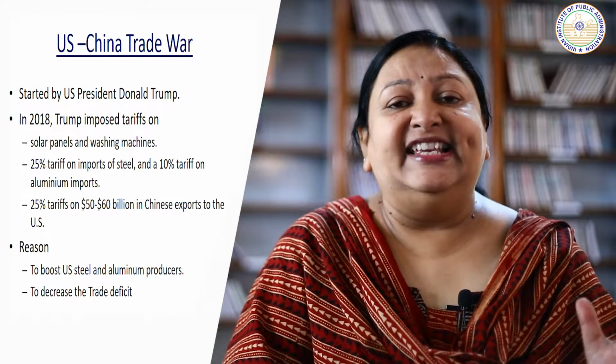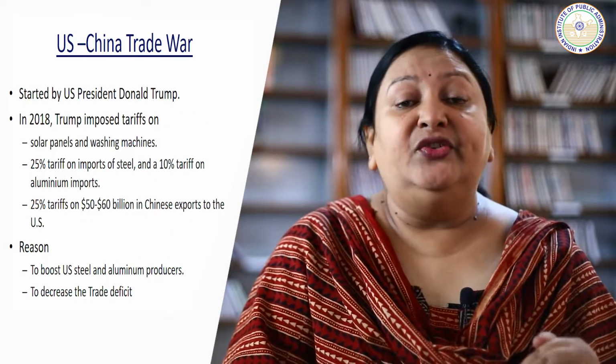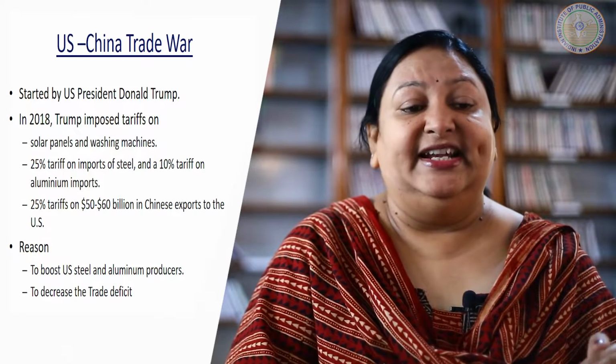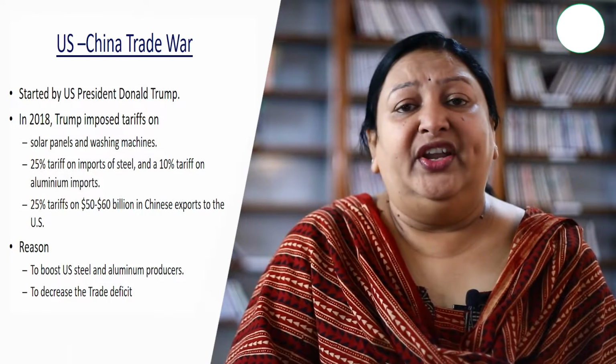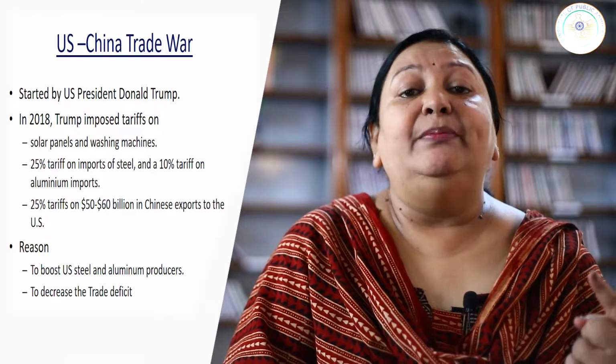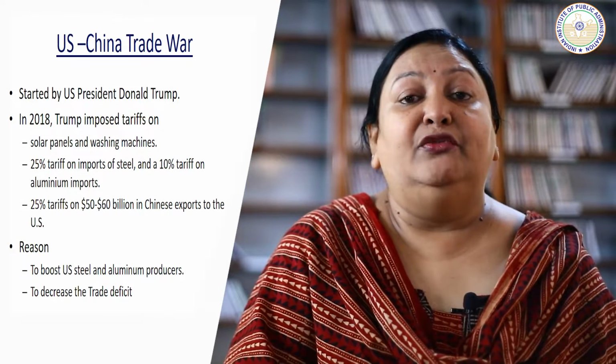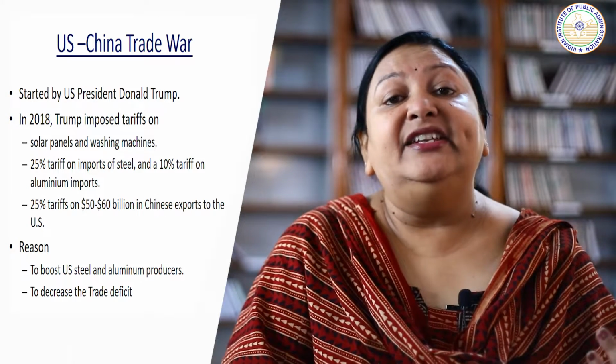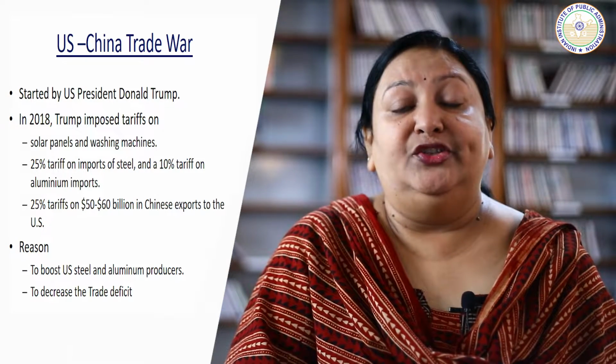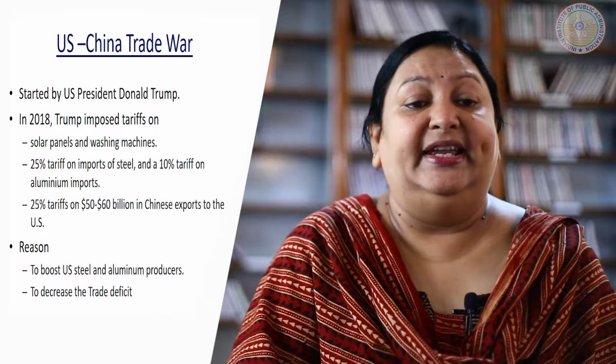So the most common example of a trade war is the current trade war that's going on between the United States and China. So why does a trade war happen? If one country perceives unfair trade practices by the other country, then there is a tit for tat reaction. It makes certain imported goods less attractive to the consumers, and this is how a trade war begins.